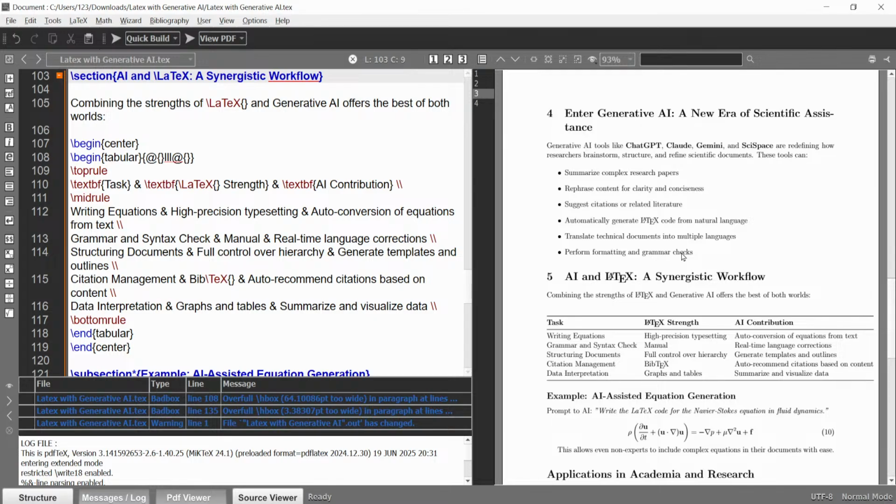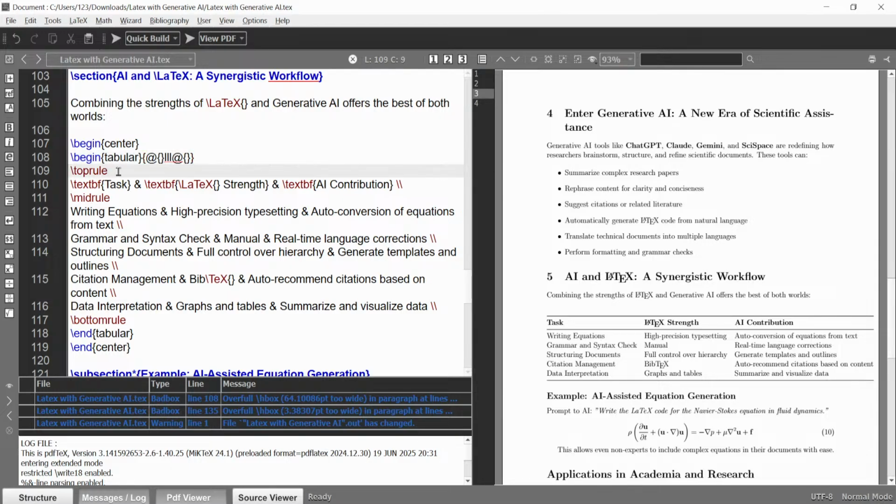Very simple. You can see here begin center and end center. This will manage your table inside your text, and then you will use begin tabular. Here I use some @ curly bracket, triple vertical line, @ and so on.